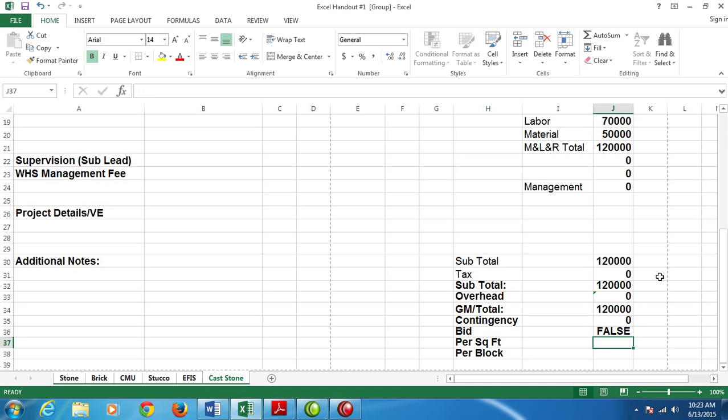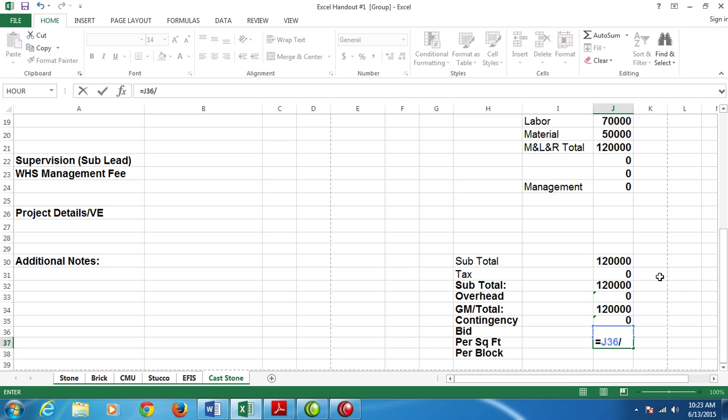I did something wrong. I'm going to start again. So it's equals J34 plus J35. Enter. There we go. It should have 120,000. And then per square feet, we're going to do equals J36 divided by, and the